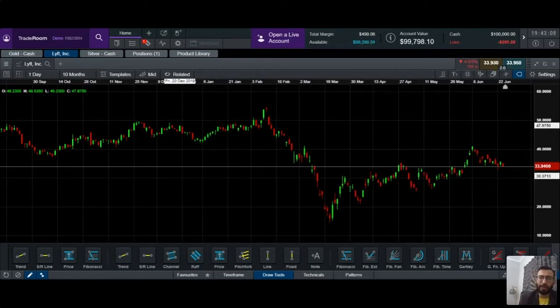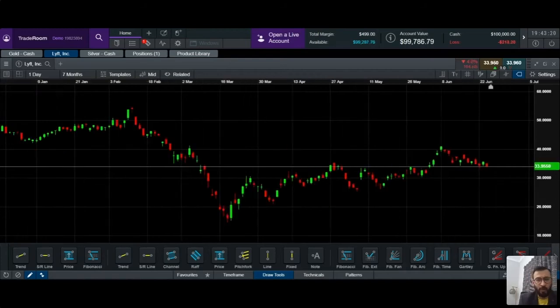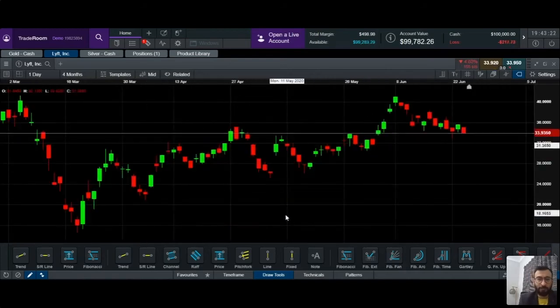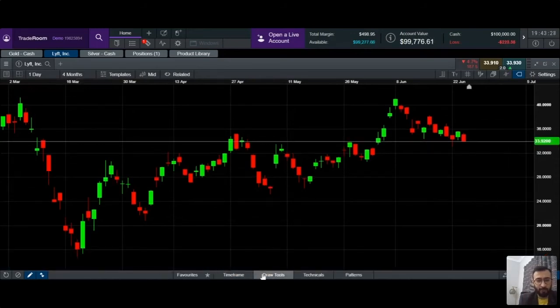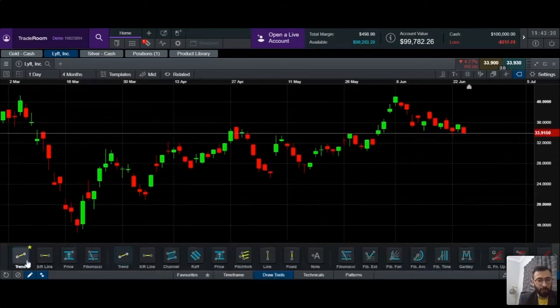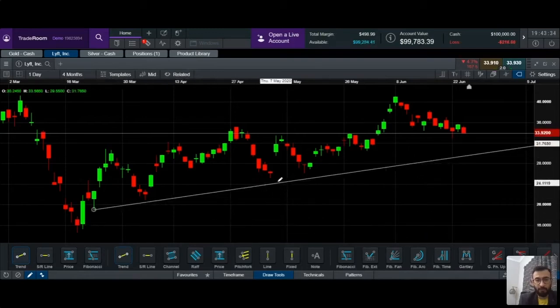We talk about stocks. If you're taking a stock, looking at the daily chart just to identify the trend, let's say you are going to keep this trade for 3 days or 4 days. So when we are looking at Lyft, looking at the daily chart, let's zoom a bit to understand how it looks like. If you see last 4 months and day on day practice, look at this. This is the movement of Lyft, and if I have to identify a trend, could be